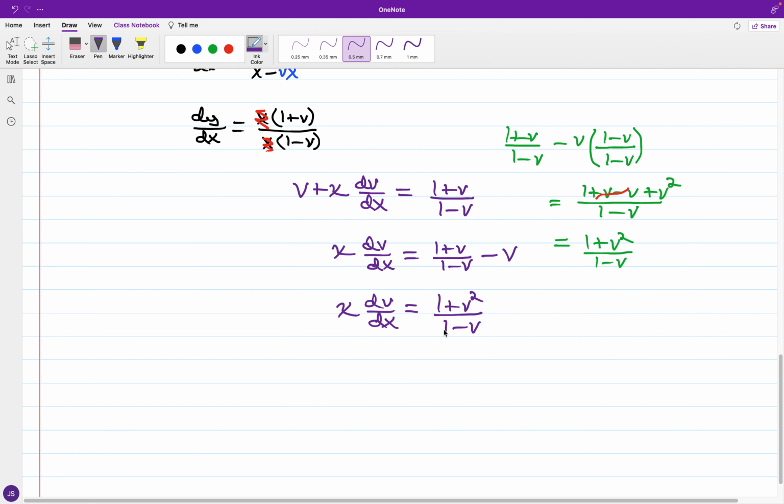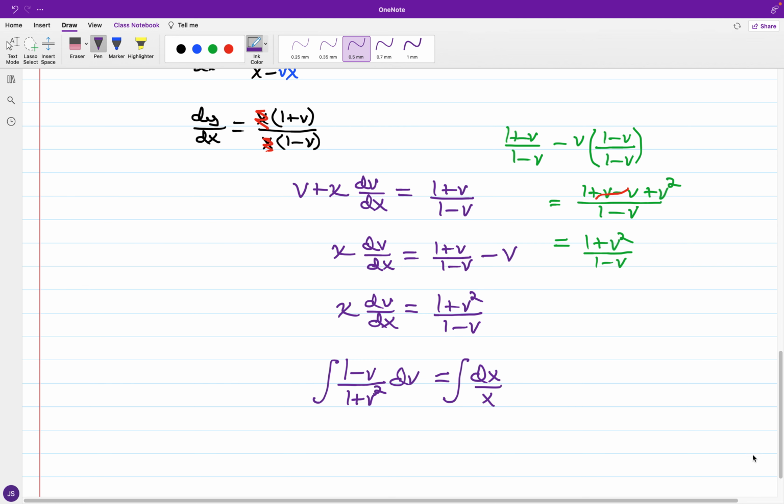Looking at separating, okay, so if I flip the right hand side, so we have 1 minus v all over 1 plus v squared dv is equal to dx over x,